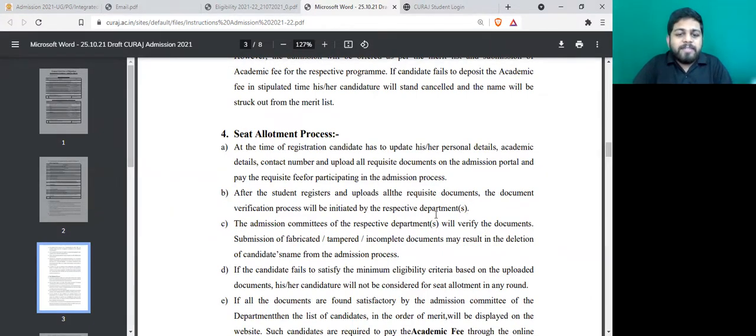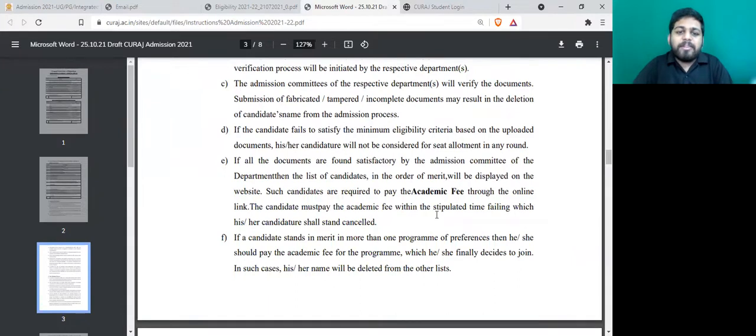Then after the student registers and uploads all the documents, the respective department will verify the documents, and if the university finds that any of the documents is fabricated or anything is false, the university has the right to cancel your admission. And also CU Rajasthan is saying that the candidates need to satisfy the minimum eligibility criteria,